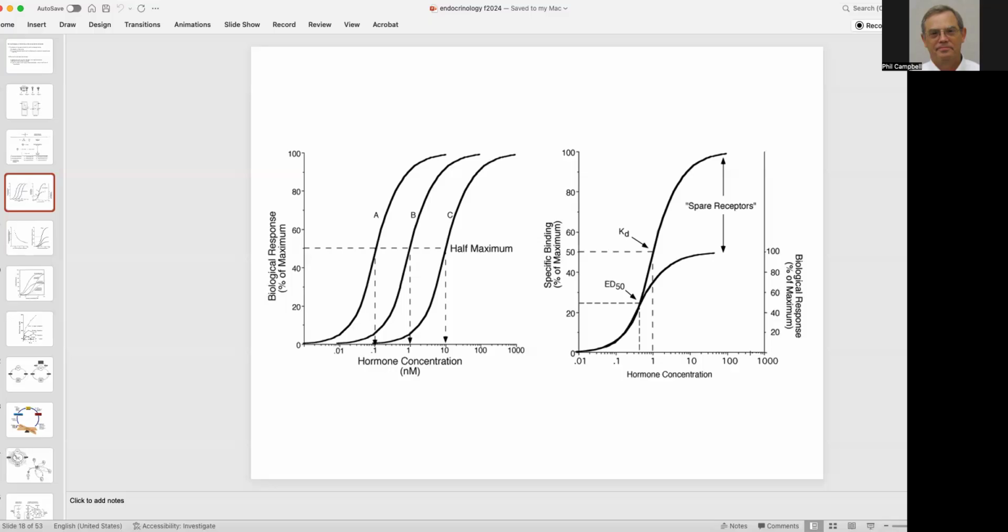And then if we draw a line at the 50%, this is how we can then say at 50% maximum response for B, it's 1 nanomolar, and A shifts to the right at 0.1, and C shifts to the left, 0.1, shifts to the right, 10. All right. So this is normally done. We've been doing this for decades. All right. Now,